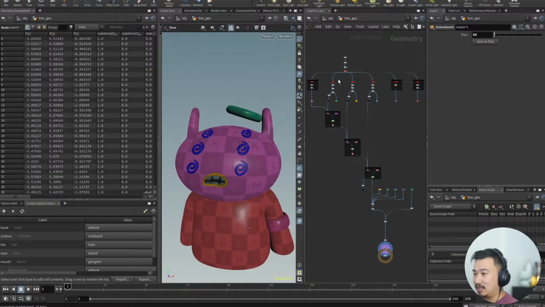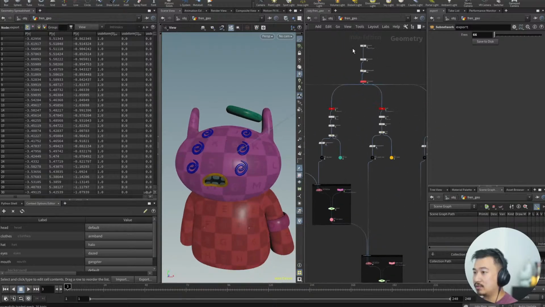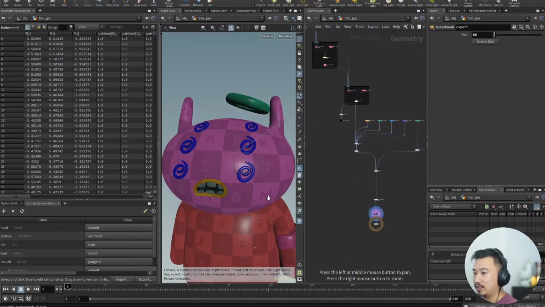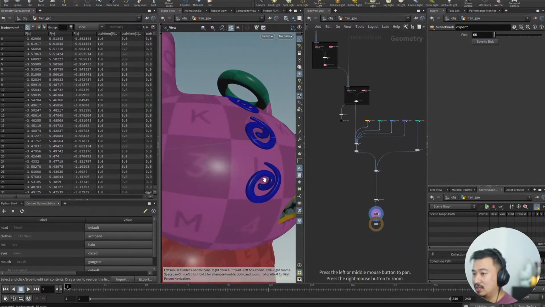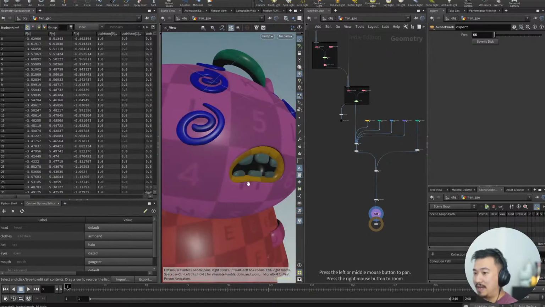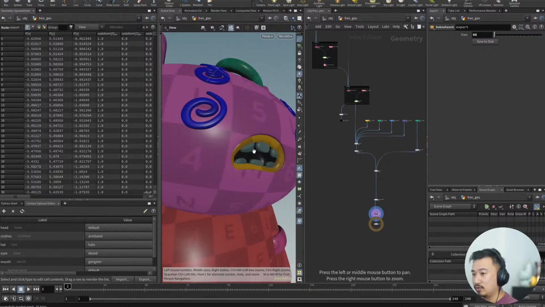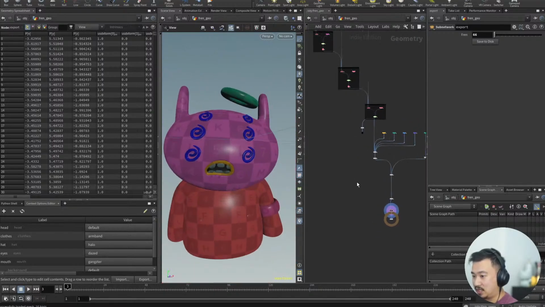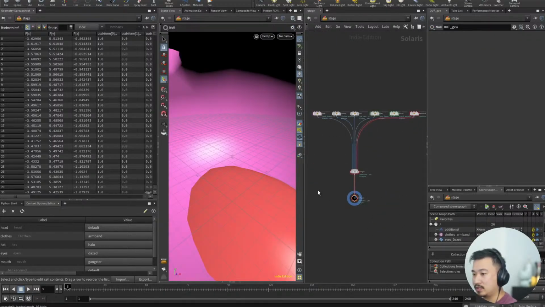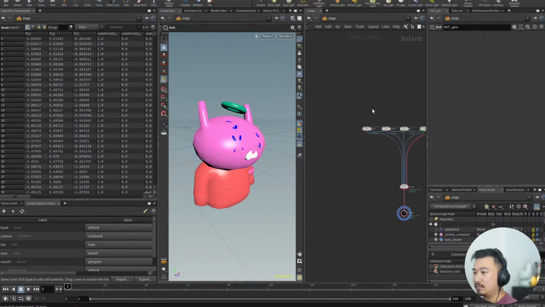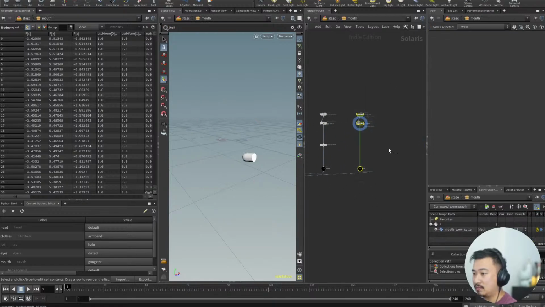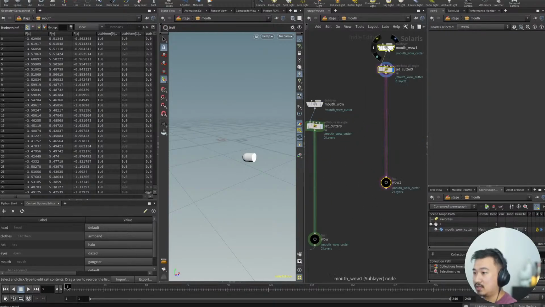So you can see here I've got this pretty simple network. It's not too crazy. I made sure to keep it nice and clean, but essentially what I'm doing is just subdividing these pieces in specific amounts, and then also just doing these kind of soft booleans that you see here. But the neat thing is, if I go over to my LOPs context, here is how I'm loading in all these different objects. So if I come to this mouth section here, I can actually just duplicate this setup and just paste this here,